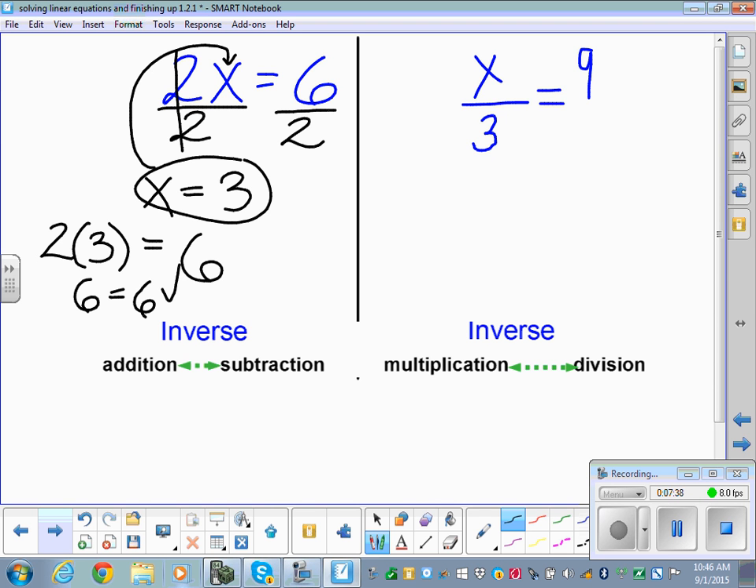We have x over 3 is equal to 9. What undoes division? Multiplication. So we're going to multiply both sides by 3. Now don't forget,